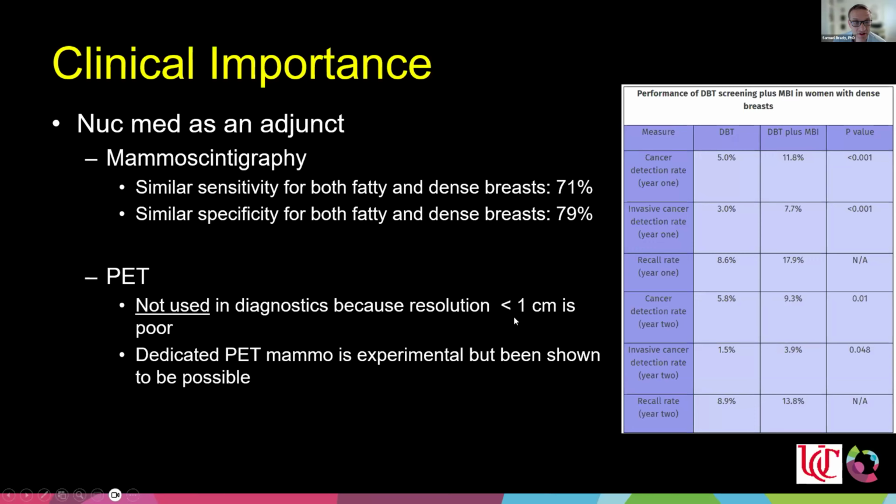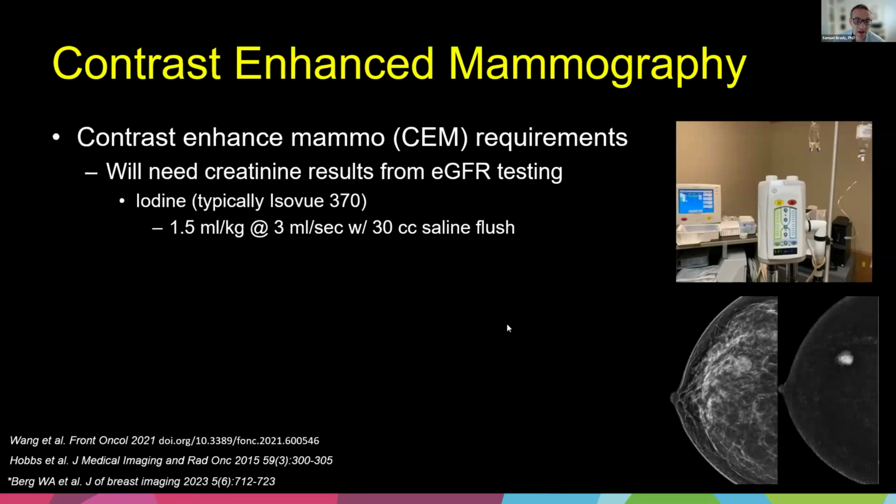It's about 1 centimeter, and so we're dealing with disease that's much smaller than that in the breast. So we do not use PET. Now, there are different ways to use X-ray based mammography, and we're going to get into the optimization of that. But as an adjunct, as a way to use it differently than the way we typically use,